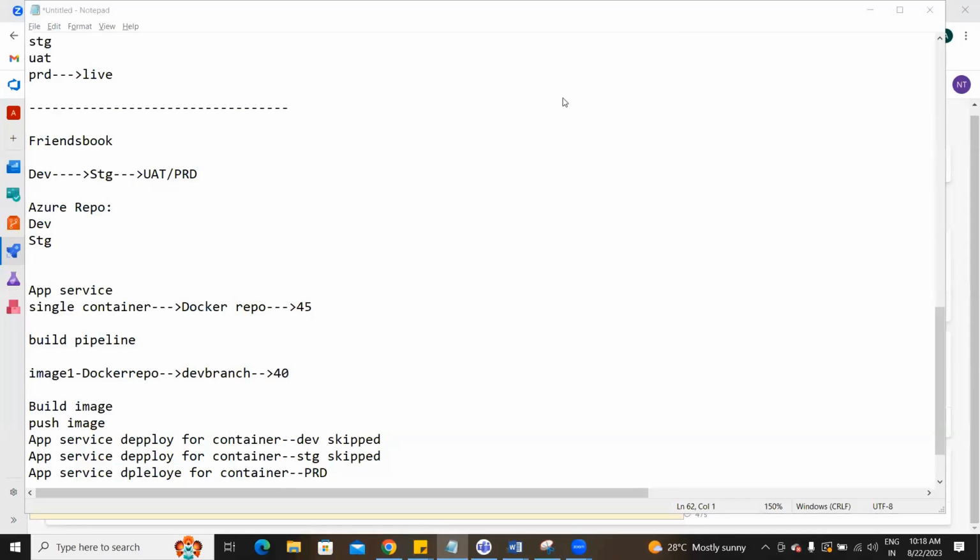Please understand. Can we use a single container with the same image name and add more jobs like this? You can create a single container here. It's not a problem. But the issue with that is every time we make changes, the container will get changed. The branch is different for dev and QA. Then how do we build and push the same?